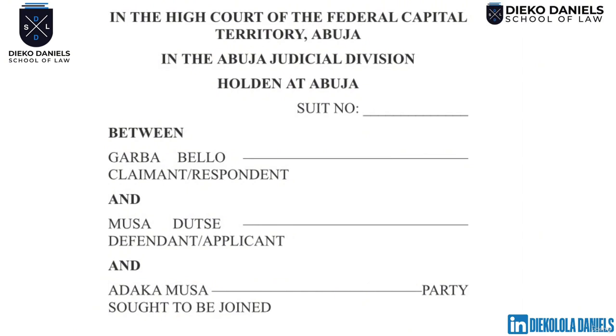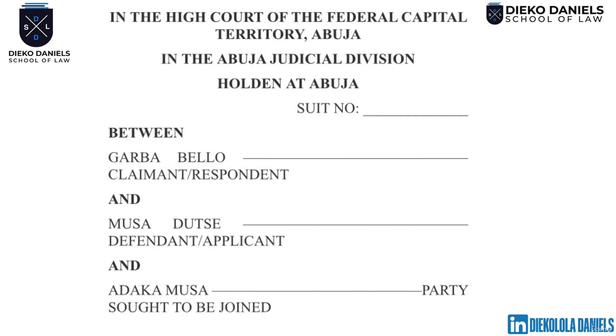Then after that, we have the parties. Right? We have the parties. Now, this is one distinguishing part for a motion on notice for a joinder of parties. Now, you have Gaba Bello, who is the claimant/respondent. You have Musa Dutse, who is the defendant/applicant. Now, before we go to this third part, which is Adaka Musa,